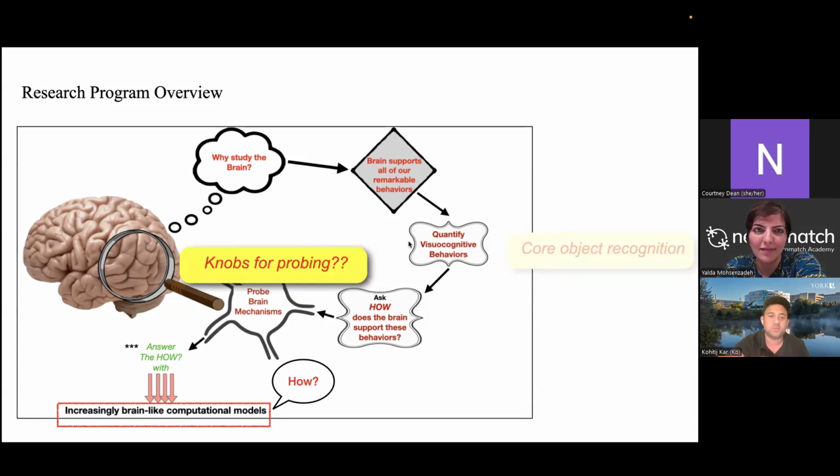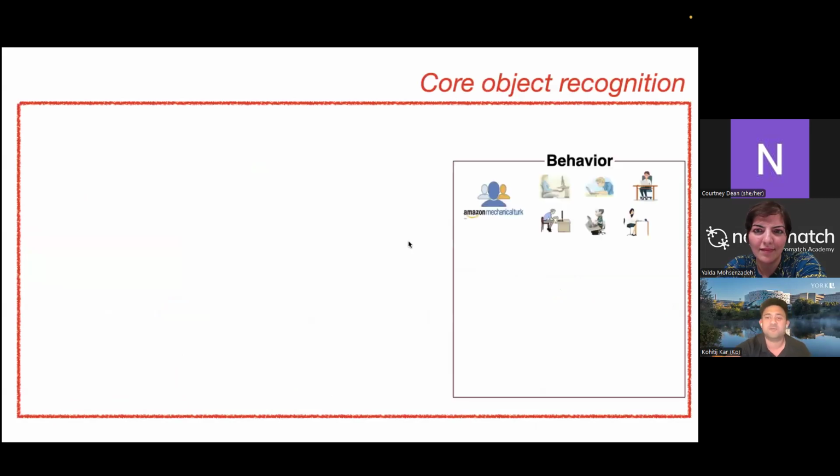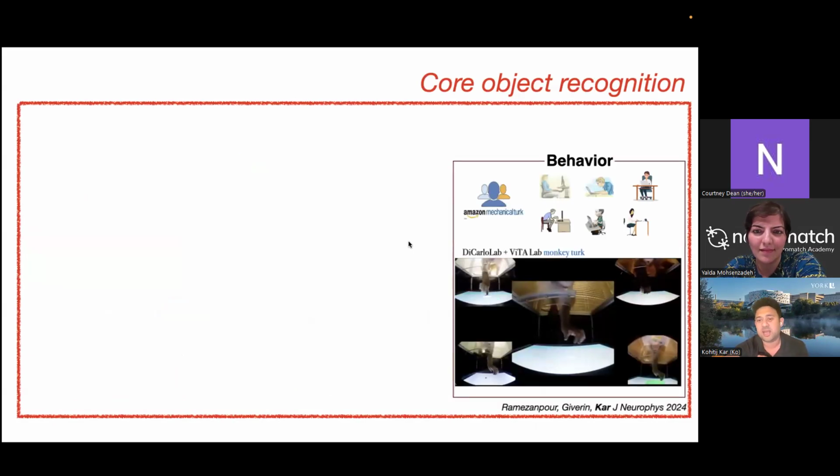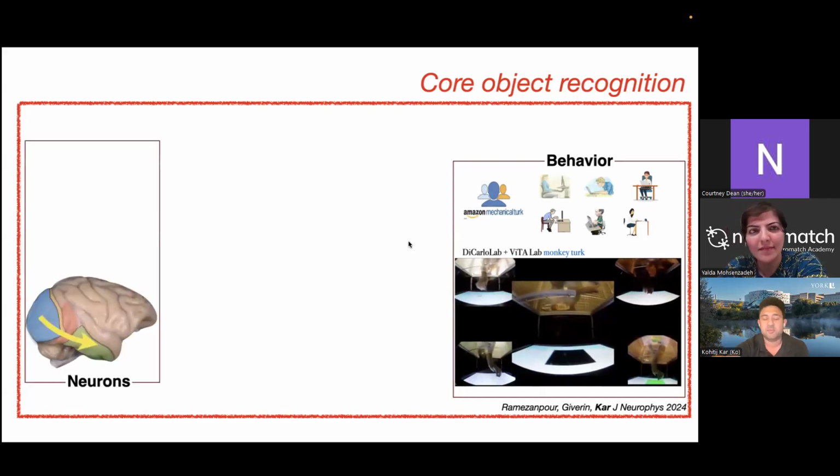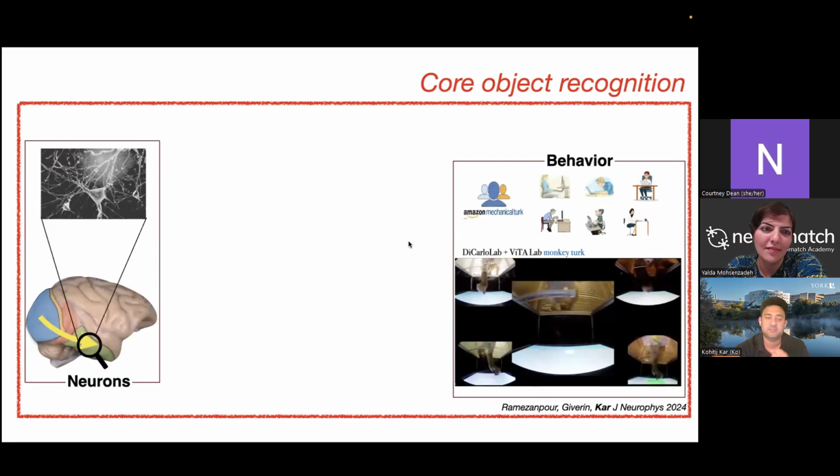All right. There's another how question: how are you going to improve these models? What are you going to do? So let me just go through what knobs we have for probing the brain. In our lab we have two knobs. One is behavior. We can ask human subjects to do different behaviors. We have a monkey lab, so we also ask monkeys to do the same behaviors. We have our own home cage system where the monkeys can do this. The useful thing about the monkey as an animal model for human vision is that you can also probe the brain of the monkey internally with electrodes. You can record their activity, you can perturb their activity, and so forth.